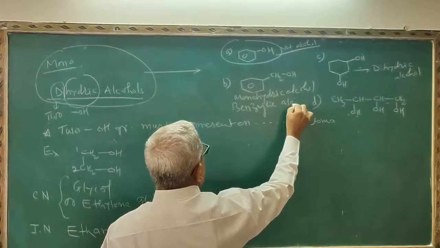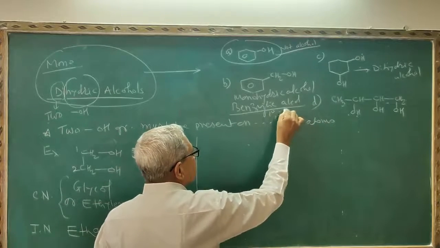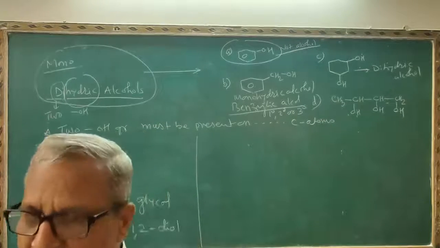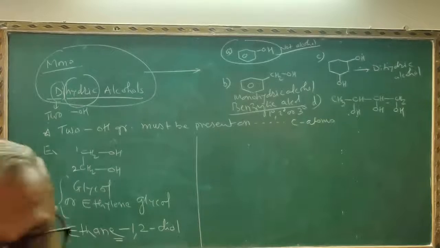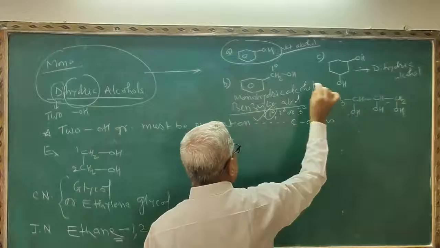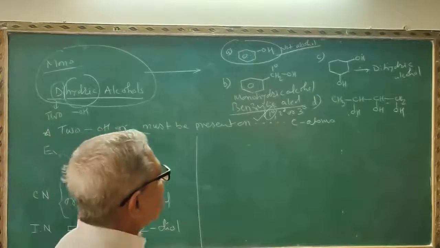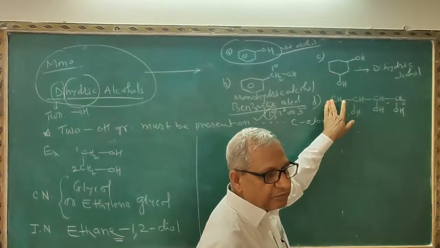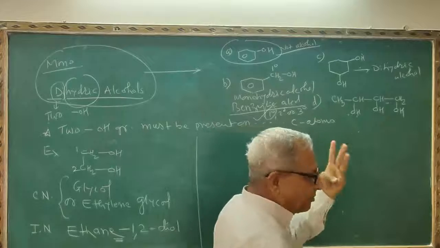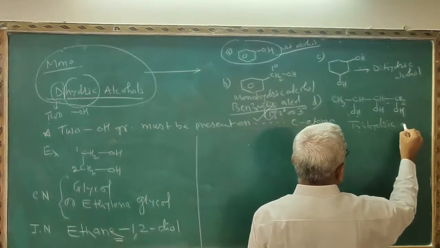Benzylic alcohol. Now I will set the question here whether it is primary, secondary, or tertiary. Just now I was explaining benzylic alcohols. Remember that the type of this carbon atom is primary, therefore the correct answer is primary benzylic alcohol. Now last option, what is the type of the B? See here, 3 OH groups are attached to 3 different carbon atoms, therefore this is trihydric alcohol.